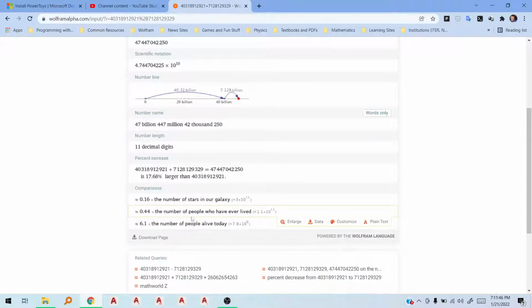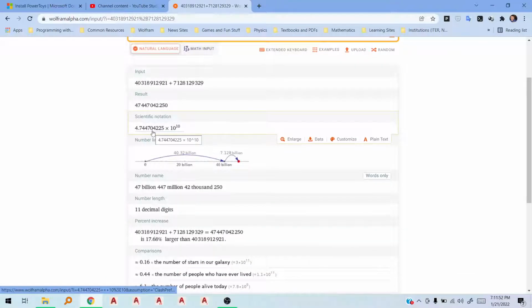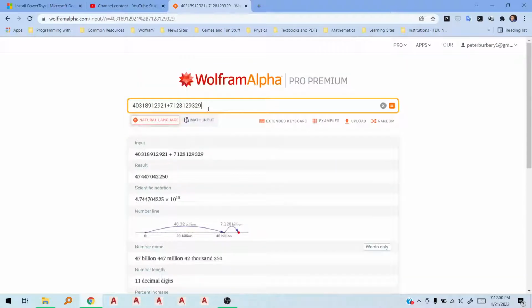So maybe you've ever wondered how many people have ever lived. We have this is about 47 billion. So it looks like the number of people that have ever lived would be 47 billion. I can ask for